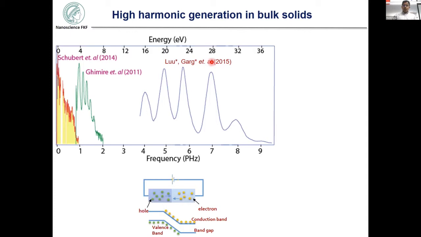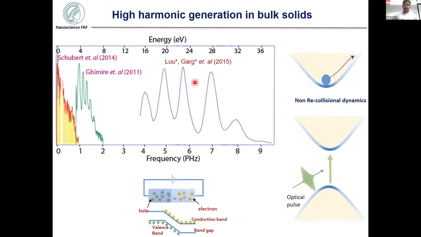Once you shoot optical pulses into a dielectric medium, carriers form: holes in the valence band and electrons in the conduction band. There are two different kinds of mechanisms which can lead to high harmonics in solids. The first mechanism, which is what we proposed in our work, is that electrons are generated in the first conduction band of fused silica and accelerated by the laser pulses. By acceleration of these carriers, and by the nonlinearity coming from the dispersive profile of the conduction band, high harmonics are emitted. This is the non-recollisional dynamics.